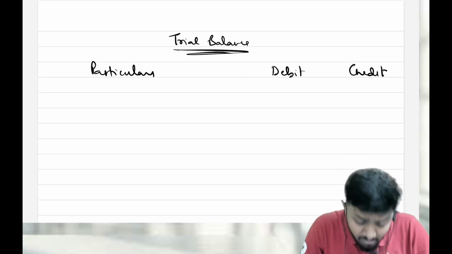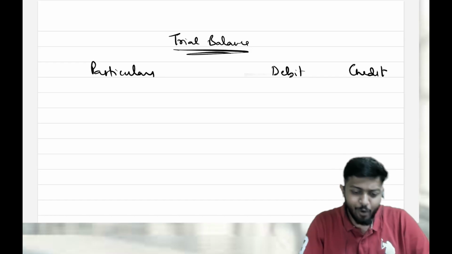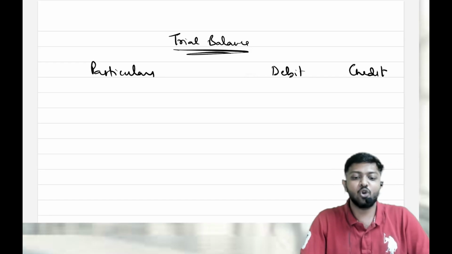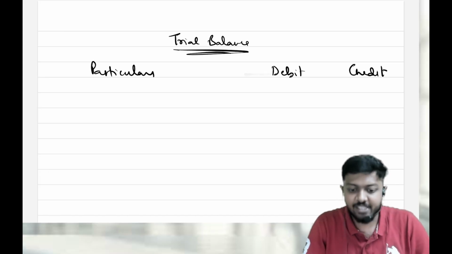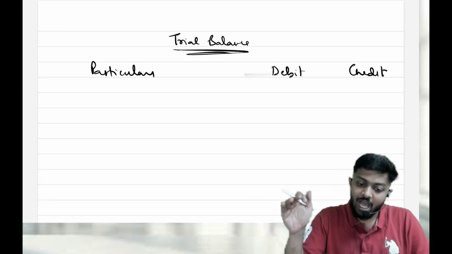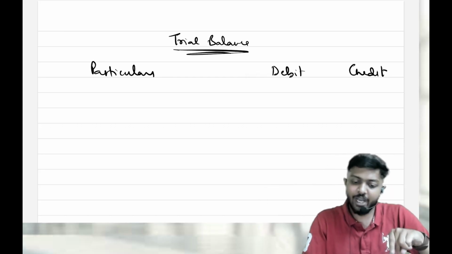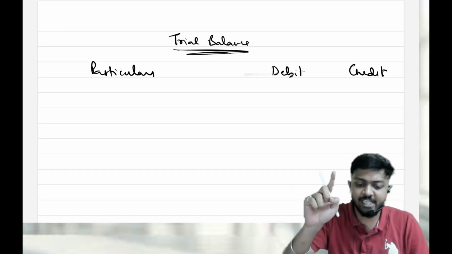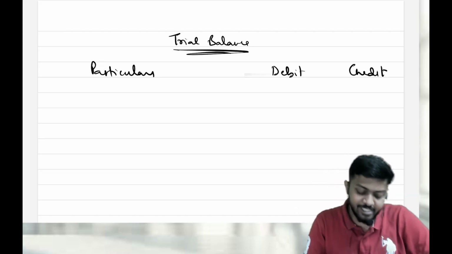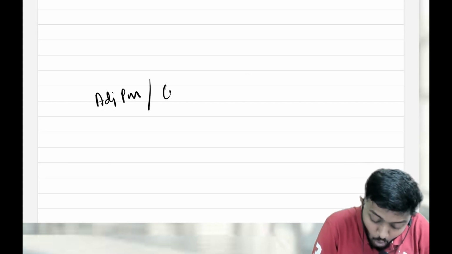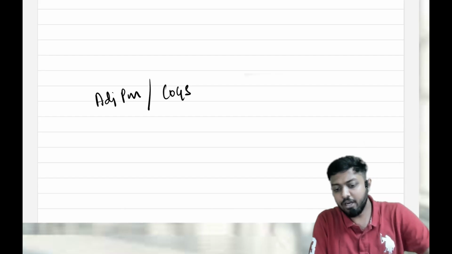Okay. Sir, one more thing from an exam point of view that you should know is that closing stock cannot come to the trial balance. Why? Because closing stock is already represented by two accounts which are there in the trial balance, that is opening stock and purchases. Under only one circumstance can closing stock come to the trial balance, which is if they have taken adjusted purchases, or COGS, instead of opening stock and purchases in the trial balance.